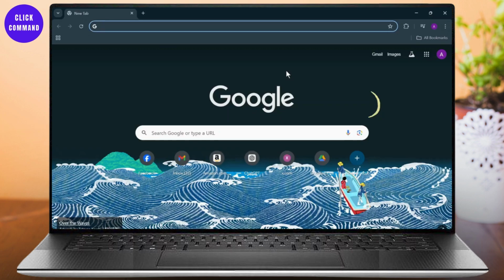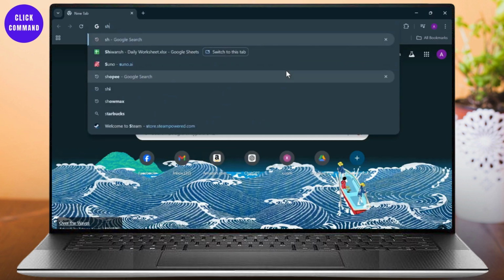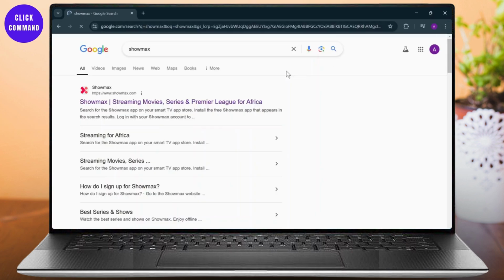The first thing you will need to do is open up a web browser. After you've opened up a web browser, simply search for Showmax. After you search for Showmax, the link will pop up. It will be on the top. Simply open that up. After you tap on the link, you can directly head over to